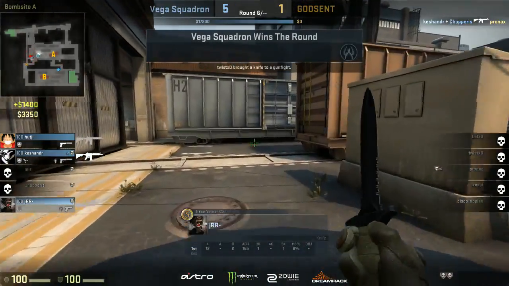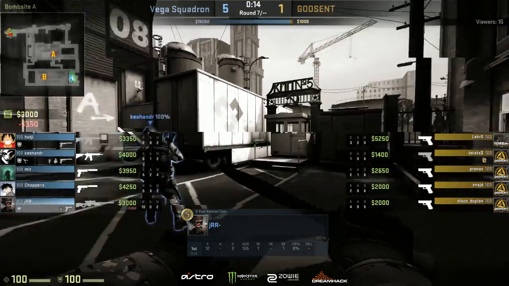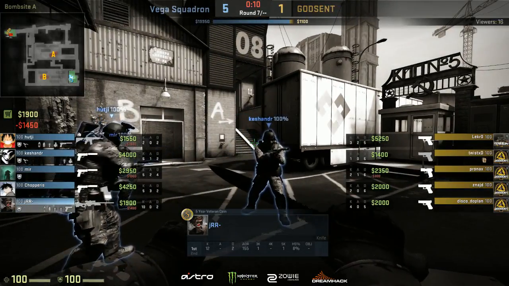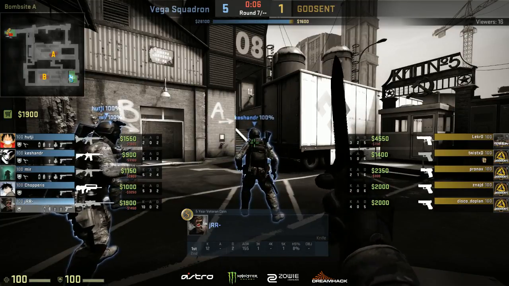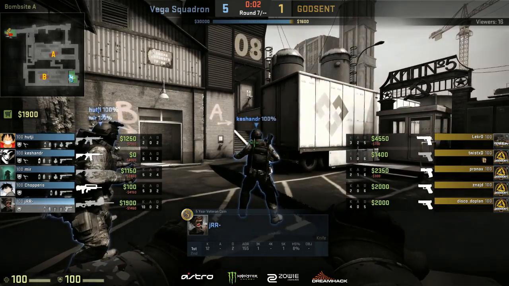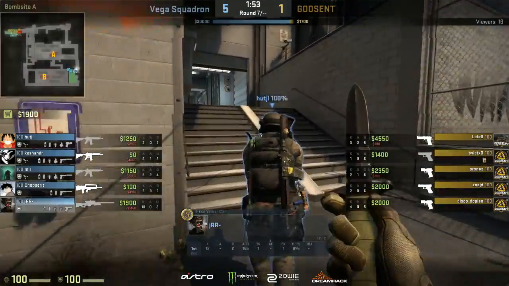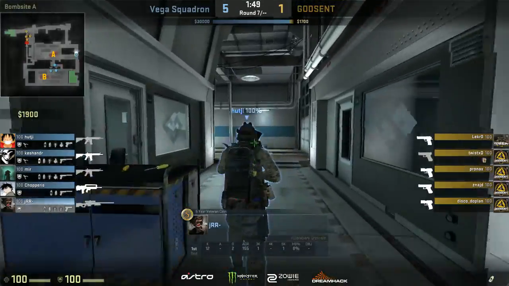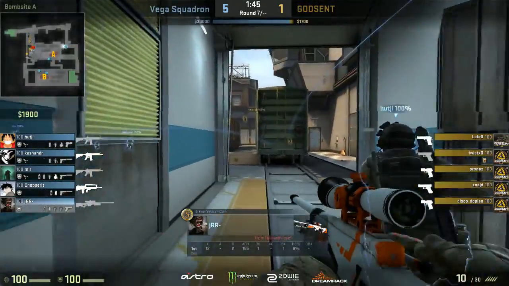Yeah, it felt like Godsent was trying to do some kind of weird double fake there because you could see the bomb was down in bathrooms the entire time, but they would put some initial presence on inner first, and then they pushed a player out T-Con, yet they were still thinking about hitting inner with the bomb the entire time. So it seemed like they were trying to do some type of double pressure, make Vega Squadron second guess their rotations, maybe even try to catch a pick on someone rotating or something like that, but this never really panned out. They never really caught the timing that they wanted,